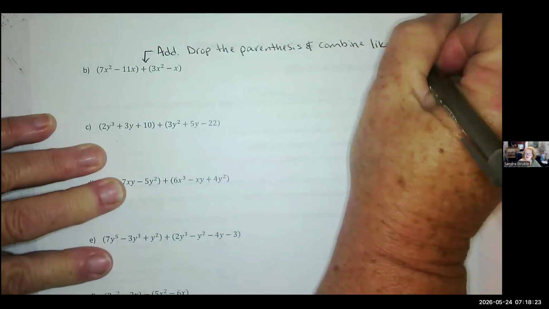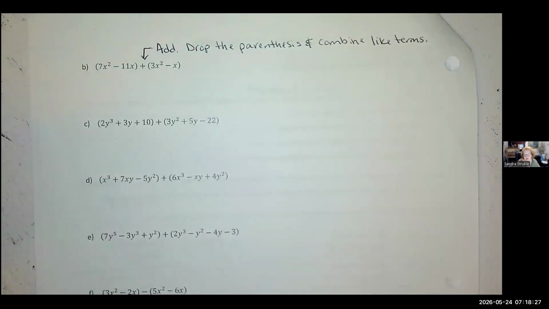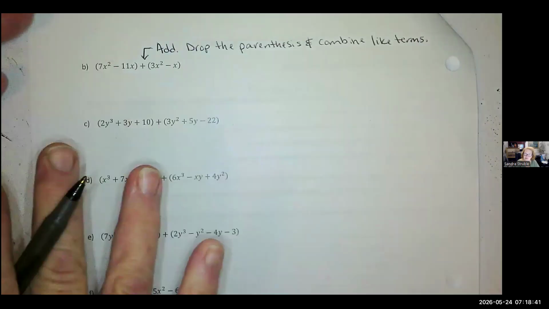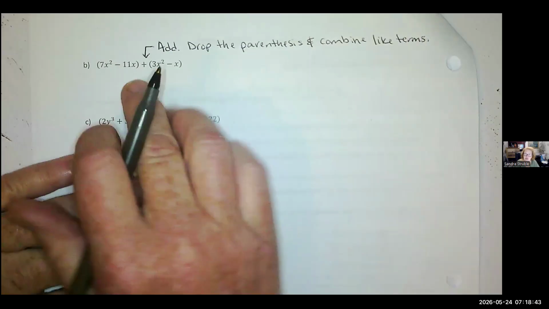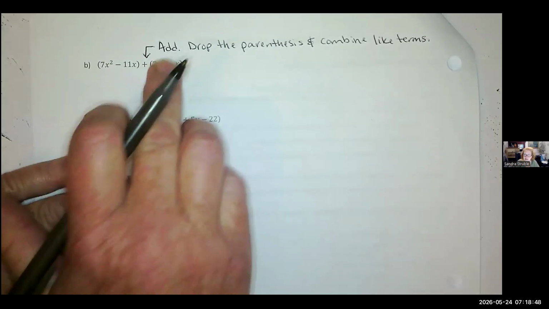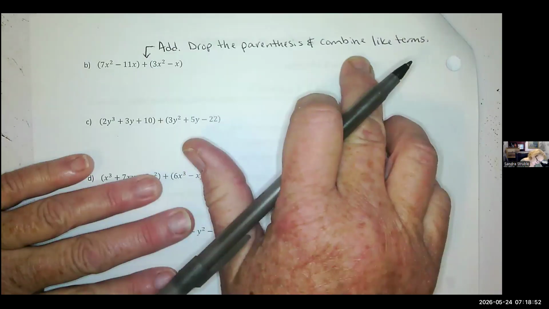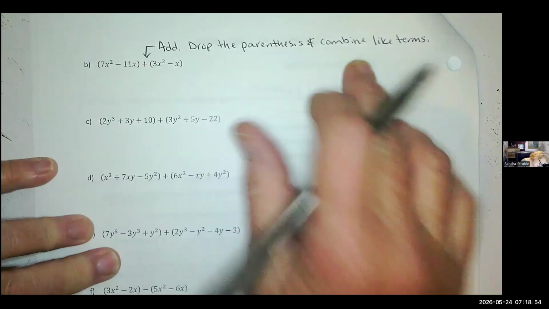Support yourself by writing the notes of whatever makes sense to you with what I'm saying. I don't expect you to write down exactly what I'm saying. I'm just giving you the tools so that you don't have to think through the entire process. Write what makes sense to you, to where you're understanding that when this is an addition between these 2 binomials that you are going to add, so you can just drop the parentheses and combine like terms. We're not going to have this case here in just a moment. All right, so because we're just dropping the parentheses,